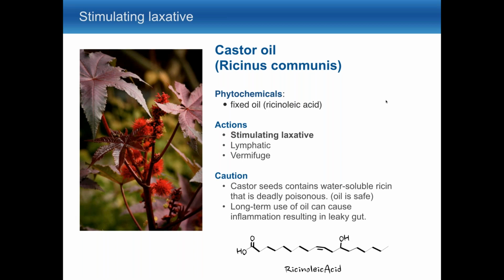So internally, it's also been used as a vermifuge. For some reason, I was reading that when castor oil, the ricinoleic acid, comes in contact with bile, it may form some kind of compound that's toxic to certain types of worms in the system. And so taking castor oil, if someone had worms, along with maybe some other herbs that have an anthelmintic effect, might be useful to basically wound or paralyze the worms and then flush them out with the castor oil. Okay, so I don't ever recommend castor oil by itself for constipation